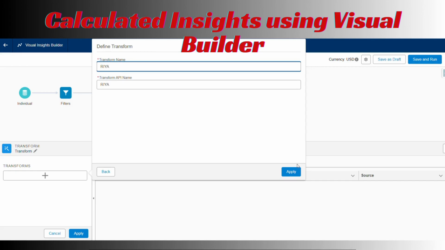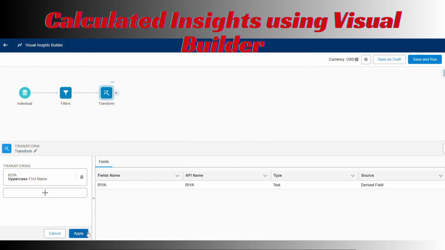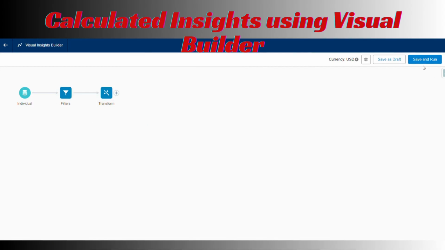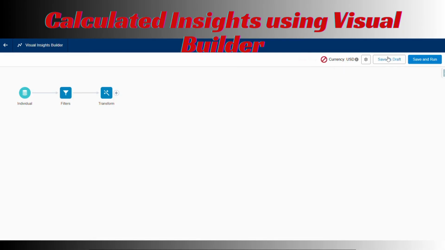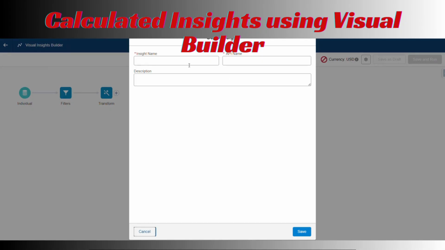So on the canvas you can see the aggregate node: count, sum, dimensions. In the measurements you can use count and sum. For the dimensions you can add customer ID, gender, these types of things, and you can directly click Apply, okay. Then you can add some filters like purchase date is greater than 2 days or last 30 days or something like that, and then you just have to save and run that one, okay.